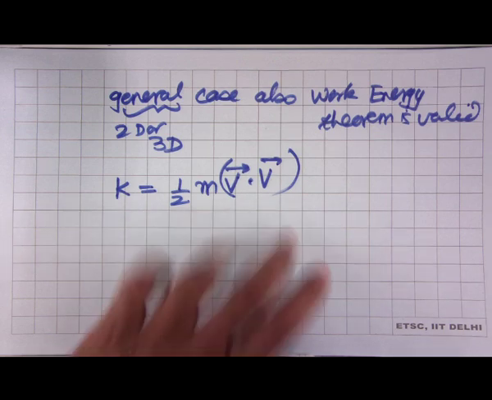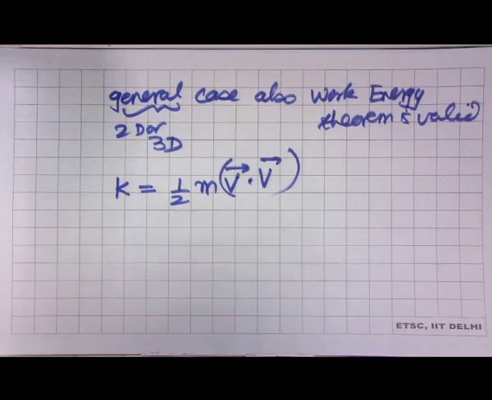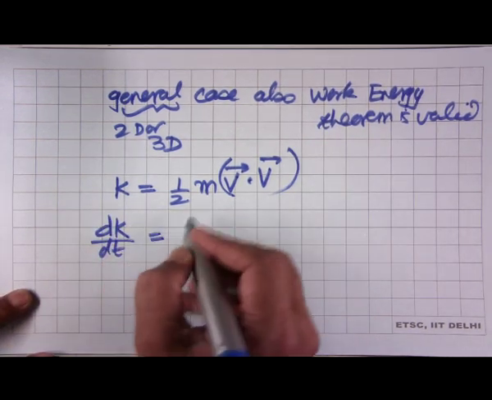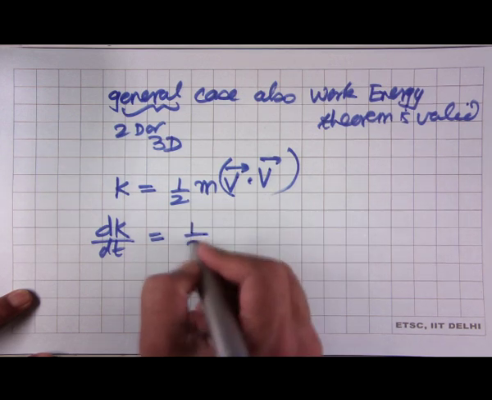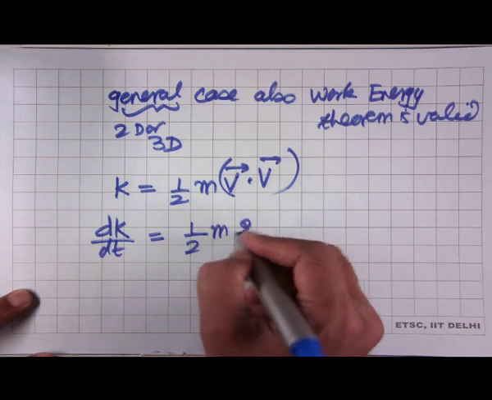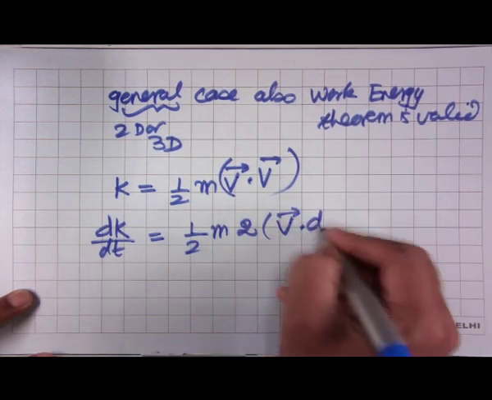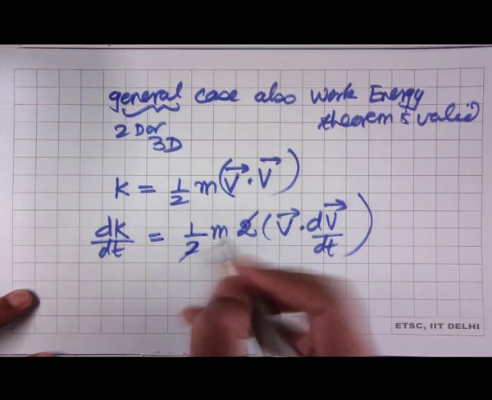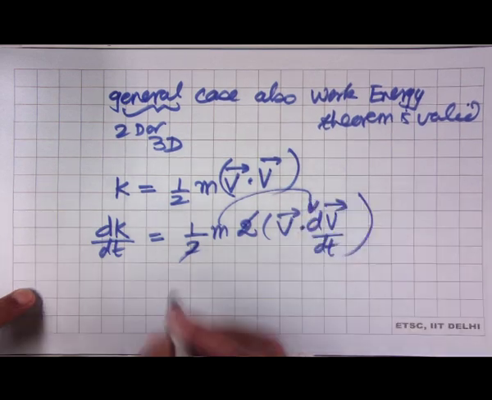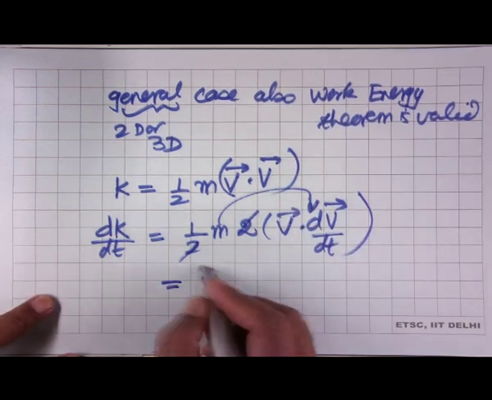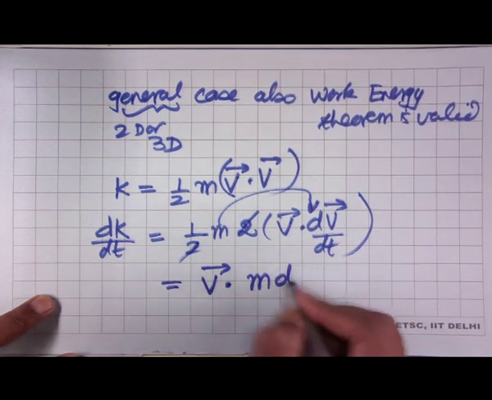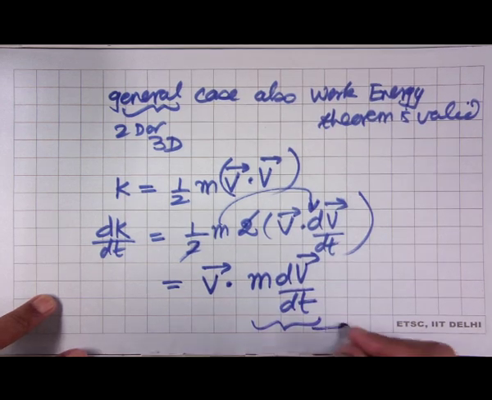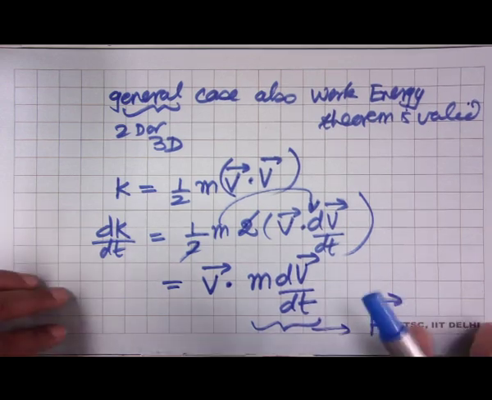Now, we use the velocity vector and we write the kinetic energy in this form, and now when we take dK by dt, we will get this as half m times 2 times v dotted with dv by dt, and then this 2 and this 2 will go away, m can be taken with this. So, this will become equal to v dotted with m dv by dt, and m dv by dt is nothing but F, and what we will get is